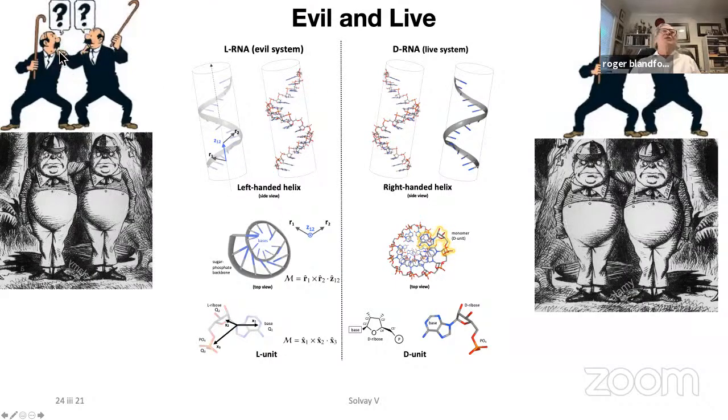And so I should really have turned this back to front. I was going to turn this back to front, and I forgot to do so, sorry. But nonetheless, you get the idea that there are basically two possible types of living system. They're going to look different in a mirror.